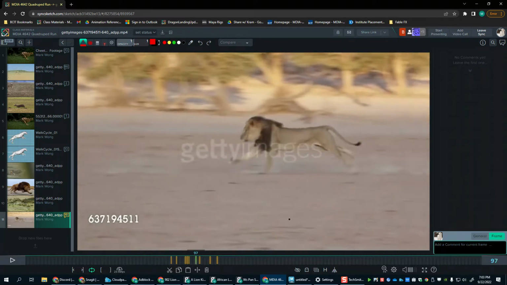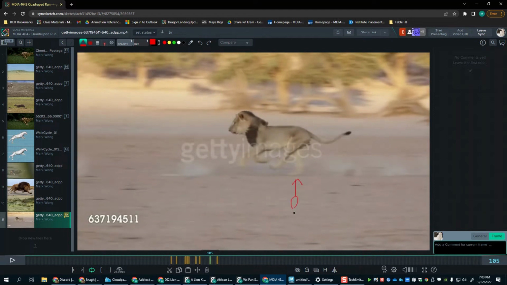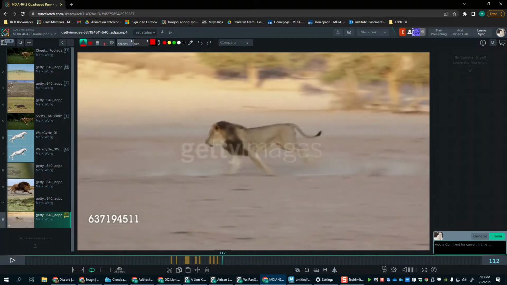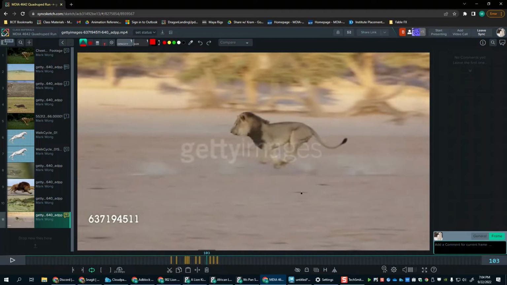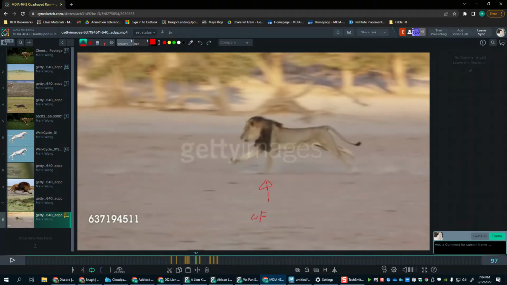So how many frames is this? 1, 2, 3, 4, 5, 6, 7, 8. Frame 8, the back leg is going to come down. And then frame 10, the left back leg is going to come down too. Okay? So, and then when we look at this reference, we want to look at